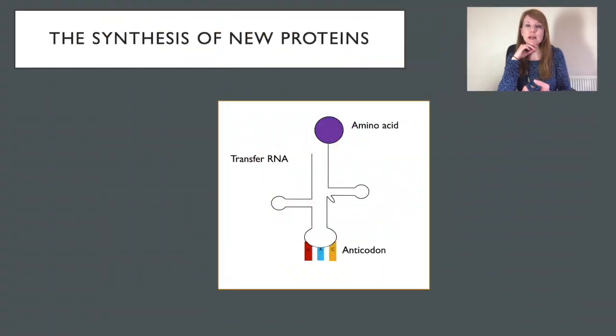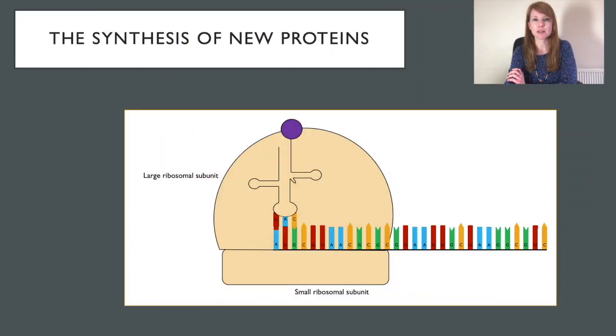Now these bring along the amino acid which is coded for by a particular codon, and they have on their bottom an anticodon. This is complementary to the RNA codon. The amino acid that it has attached to it will be specific for that codon. So the transfer RNA then docks onto the RNA strand and will wait there. If it's the first one, it will wait there for the next transfer RNA to dock